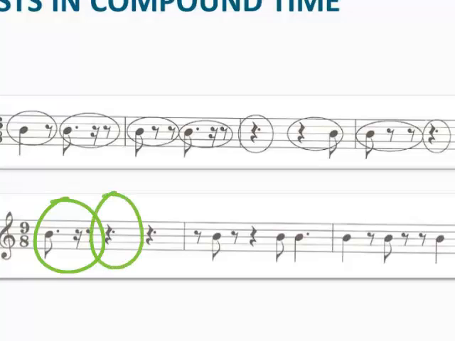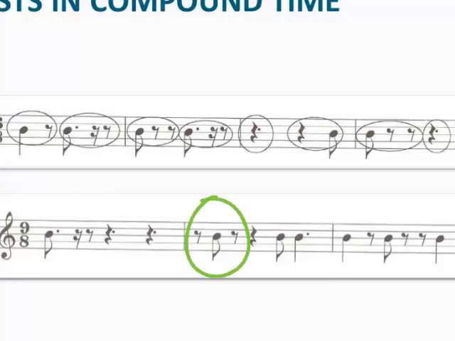The dotted quarter rest gives us our fourth, fifth, and sixth pulse, and the second dotted quarter rest gives us our 7th, 8th, and 9th pulse. In the second measure, the 8th rest, the 8th note, and the 8th rest give us our first unit beat. The quarter rest and the 8th note give us our second unit beat, and the dotted quarter note gives us